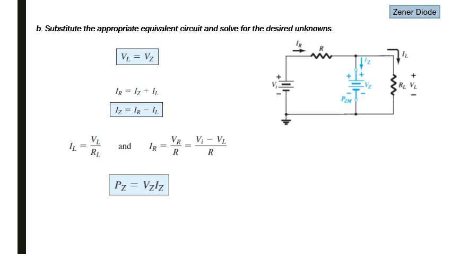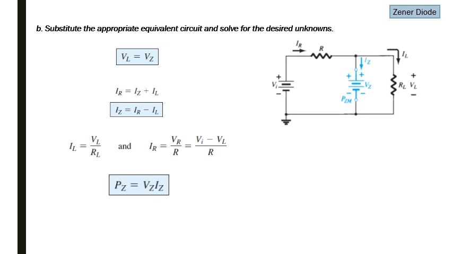So let's assume the Zener diode is on, that is V is equal to or greater than Vg. In this case, if this Zener diode is on, we replace it with the equivalent circuit of Vg. In that case, we have VL equal to Vg because we know the voltage remains the same in parallel. Now we can find VL, that is the voltage across the load, which will be equal to Vg, and the current through this R, that is the total current in this circuit,